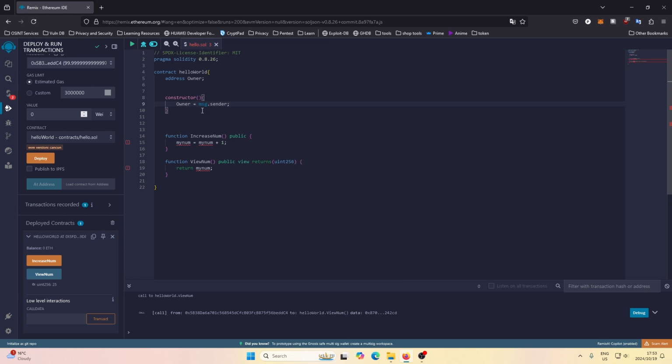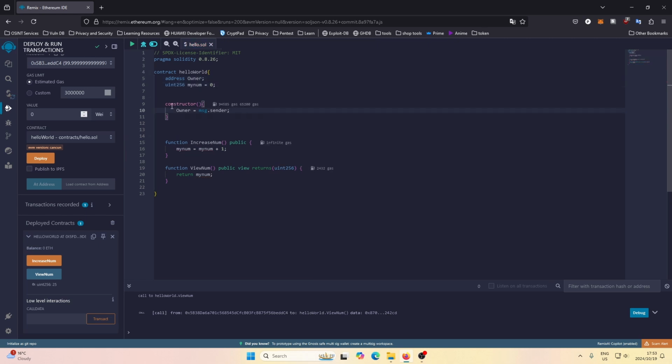So the way this works is we created an address called owner, and we're setting the owner address equal to message.sender, and this message.sender will be the address of the person who deploys this contract, so our wallet address. And it's just giving some errors here because I deleted the mynum variable. So yeah, this constructor will set the owner variable we created to the wallet address of the person who deploys